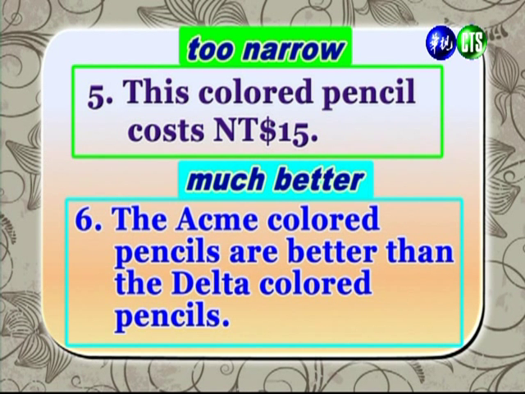And so now, if you're the person who's reading this paragraph, after you see this topic sentence, you're going to expect that the rest of the paragraph will explain why the Acme pencils are better than the Delta pencils. 好，那如果你是一个读者的话呢，你在一个段落中读到以例句6作为开头的这个句子，你可能会预期说，接下来在这个段落中，作者会继续去讨论说，为什么Acme这个牌子会比Delta这个牌子来得好。And so now, if you're looking at a paragraph that begins with sentence 5, you're